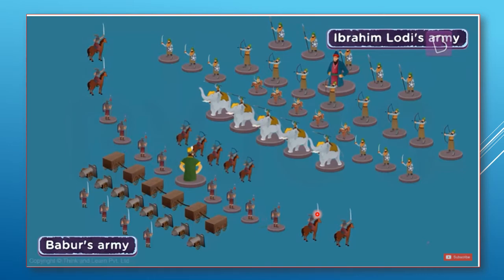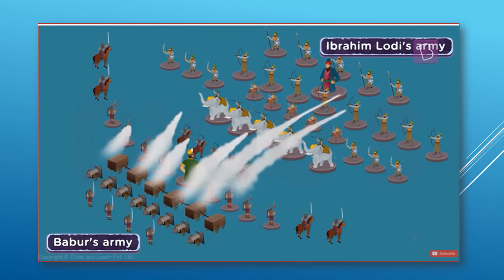And Babur's strategy, as I told you, the right flank and the left flank would move in a semicircular manner. You can see they're encircling the enemy's army from the left side and then from the right side. So this is how they would encircle the entire army and attack. So you see, children, once the right flank and the left flank would move in a semicircular way and encircle the enemy,